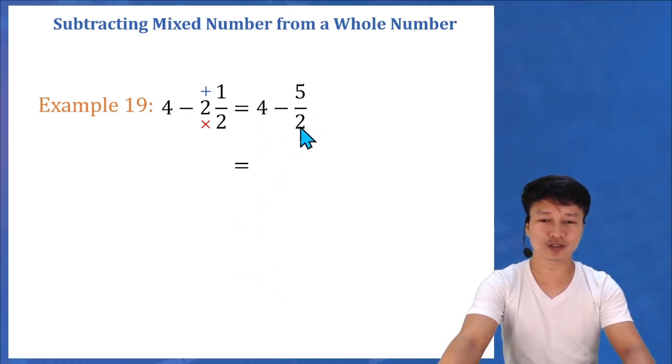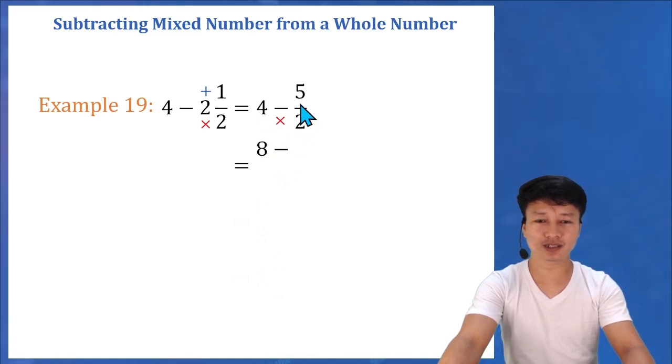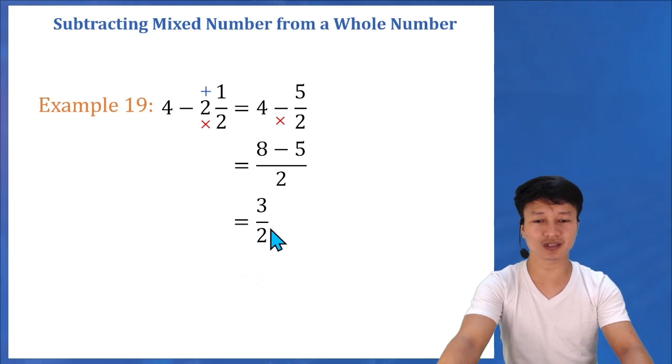So what we need to do is to multiply the denominator of the fraction times the whole number. So that is 2 times 4 is 8 minus the numerator here is 5 over the denominator is 2. And then that will give us 8 minus 5 is 3 over 2. And again, 3 over 2 is an improper fraction. We can simplify that or we can rewrite that into its equivalent